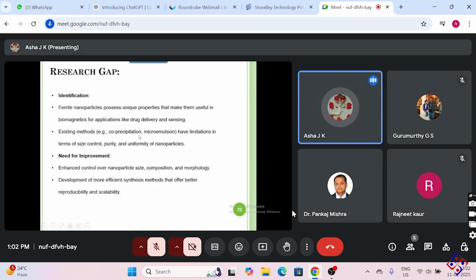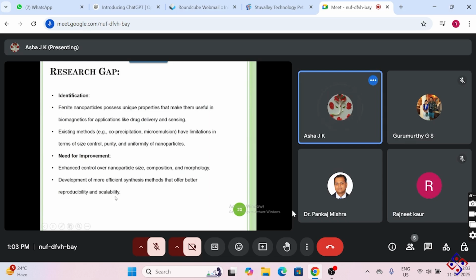Existing methods are the co-precipitation method and the microemulsion method. They have limitations in terms of size control, purity, and uniformity of nanoparticles. So the need is enhanced control over nanoparticle size, composition, and morphology, and the development of more efficient synthesis methods that offer better